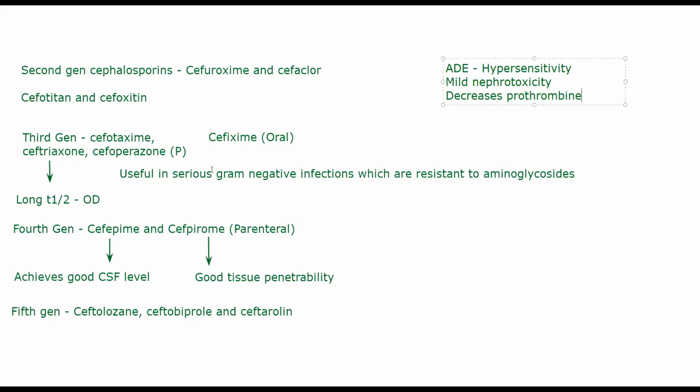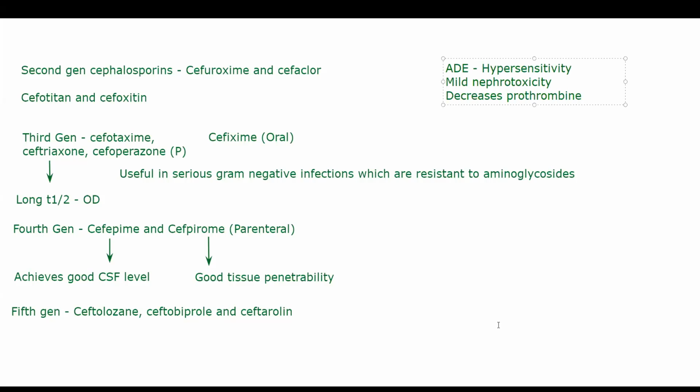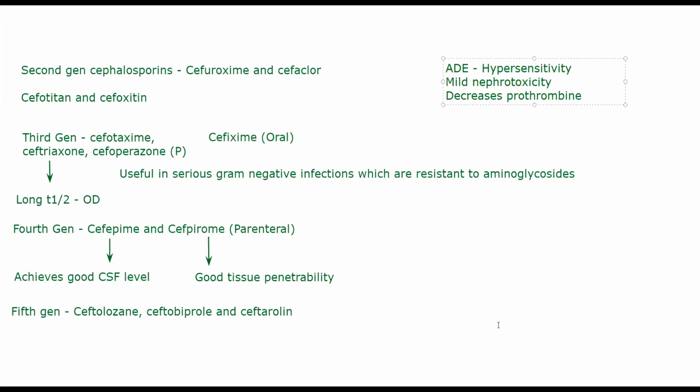All right, so this is about cephalosporins. If you have doubts, please let me know, or else we'll move into the other categories. Mechanism of action is the same as penicillins. Okay, they will interfere with cell wall formation. It will basically inhibit the production of peptidoglycan, because of which the cell wall will become very weak and the bacteria will undergo lysis. Okay, all beta lactams will have the same mechanism of action.